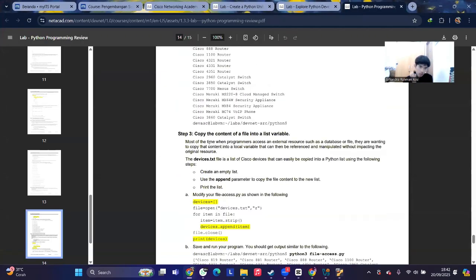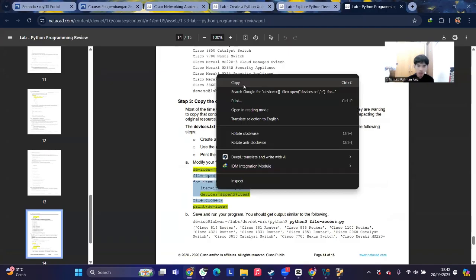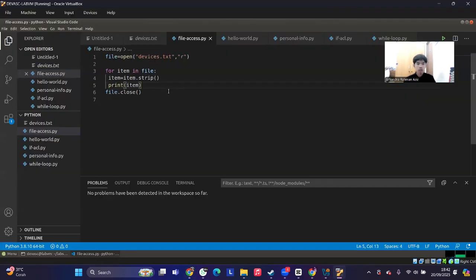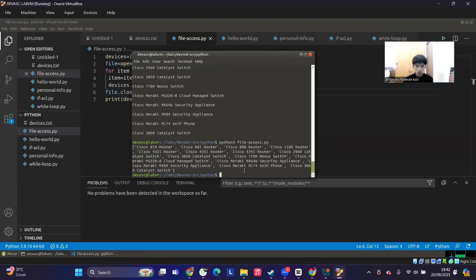It should be like this. Copy the content of the file into a list variable. Okay, I will copy this one, then go back, paste, Control S, and try to run it again. Okay, so the output will show, but not in the list way, but with commas, so it will increase to the left and to the right.